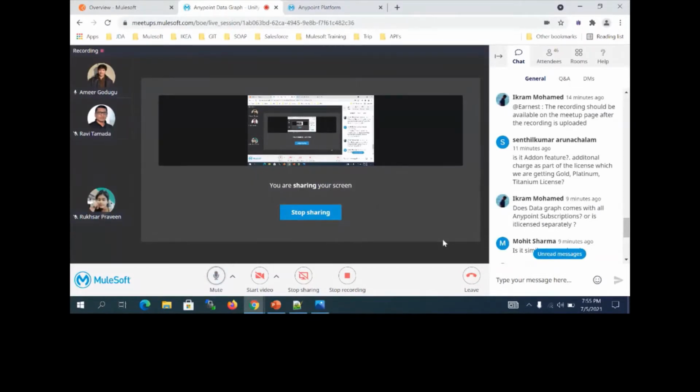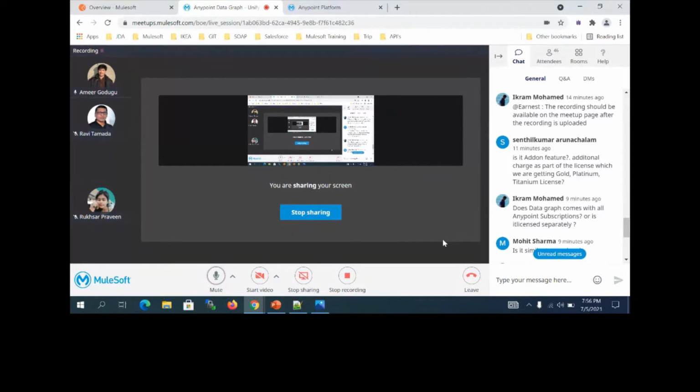So I think the question is, is it an add-on feature with additional charges as per the license? Currently it is given with the Anypoint platform by MuleSoft. For the cost and additional charges, we can check with MuleSoft, but with the latest release of Anypoint platform, if you log in or sign up, you can see the option of data graph newly.